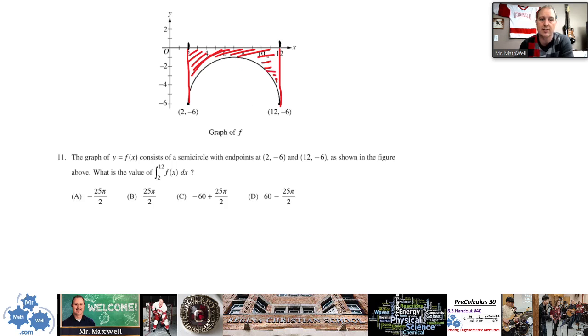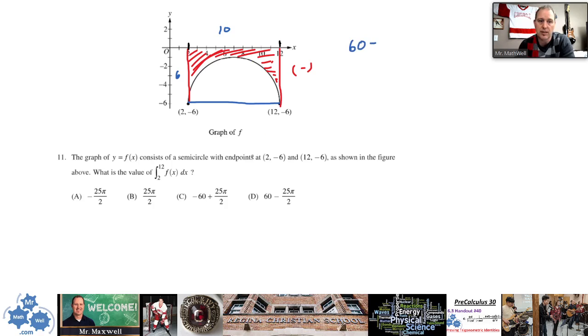Okay, so this question is asking for this. It's going to be a negative area because it's underneath the x-axis and above f of x. Okay, so it's going to be underneath. It's going to be negative. So what we want to do, from the graph now, is literally just try and find out what this area is. And the best way to do that is to envision two things. A rectangle right here. Okay, so this is going to be 10 by 6, right? So this is going to be 60 minus